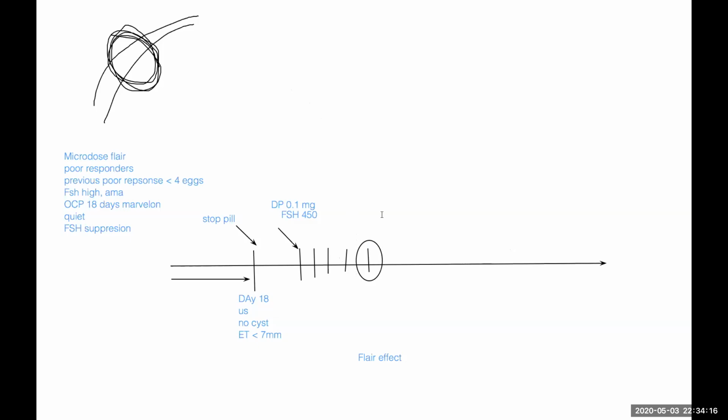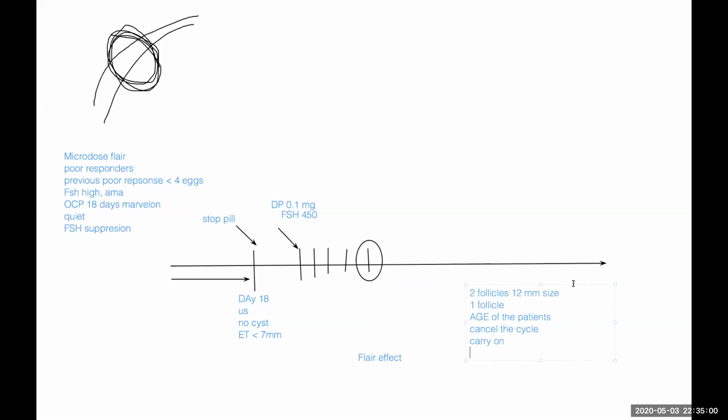So on day 5, as we said before, what we're trying to do is see the number of follicles. She has to have at least 2 follicles that have crossed 12 millimeters in size. If she has less than 2 follicles, it depends on the age of the patient. Let's say you did all of this and you end up with 1 follicle only. The question becomes the age of the patient, because if you have less than 3 follicles, you can either cancel the cycle, saying she's not really responding, or you can carry on, or if her tubes are patent,